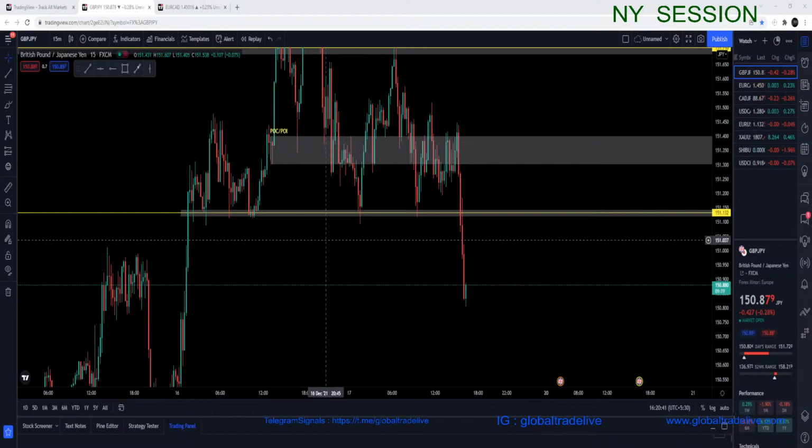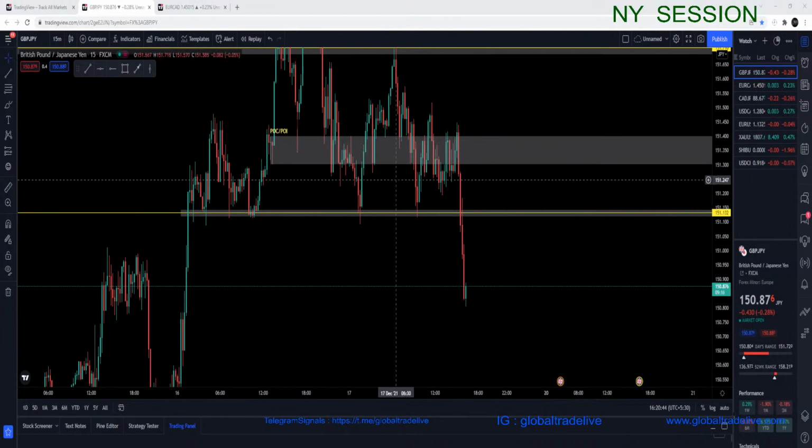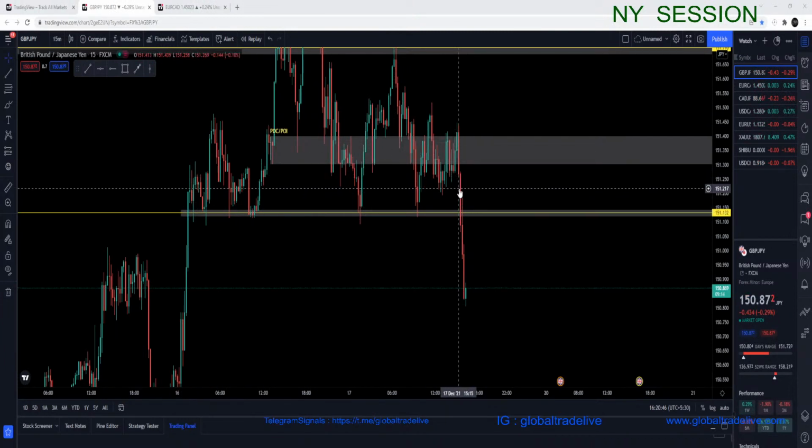Sorry. So yesterday I marked out this area over here, and I was expecting that if a candle will be